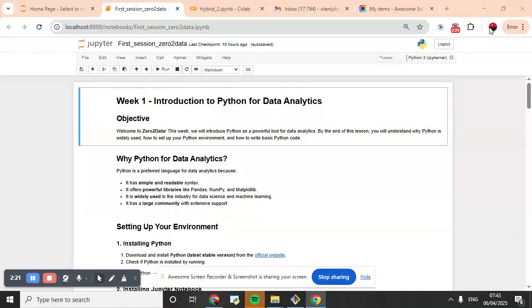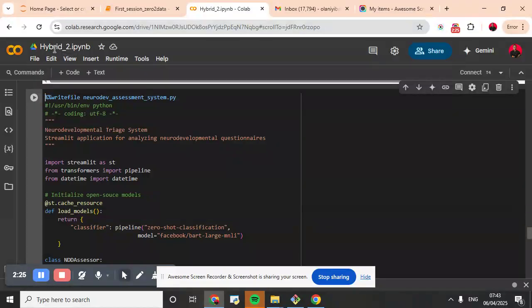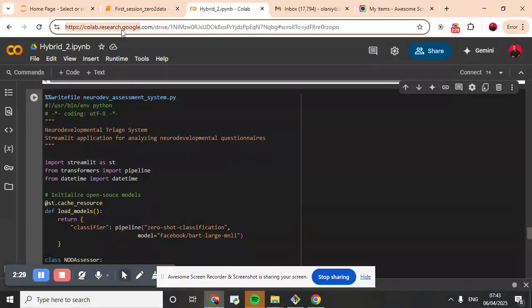If you go to this URL, colab.research.google.com, you are going to find your own Google Colab environment, and it is directly linked to your